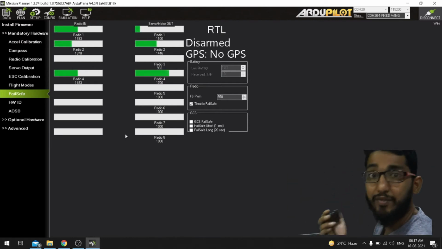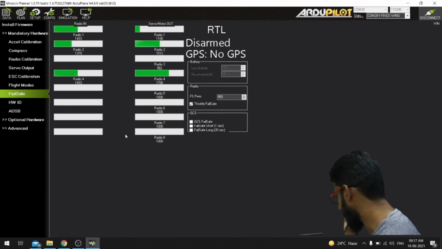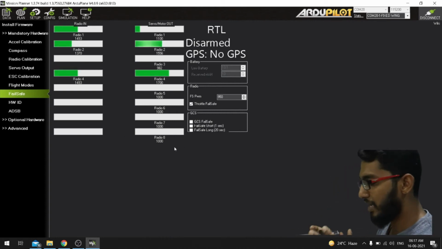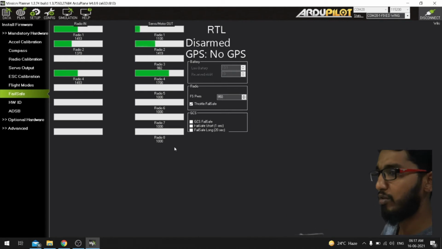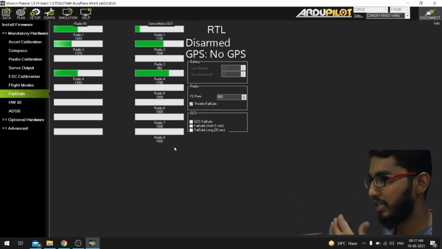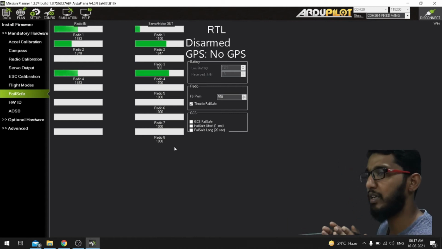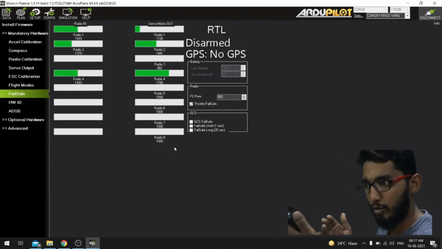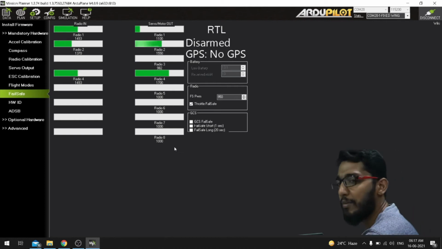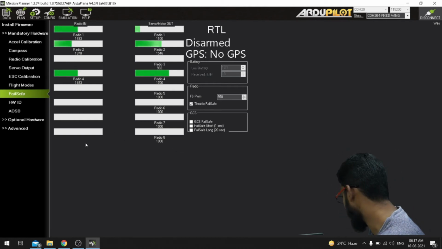I can give the commands using this fail safe system. And also, if my airplane crosses the ground control station's limit, or the limit which is given to this aircraft, we can make this drone with this flight controller come back to home and land. These commands can all be given using the fail safe, and other things are not that much required.